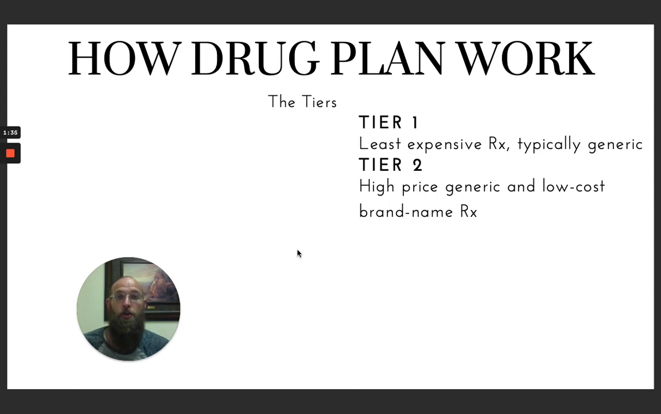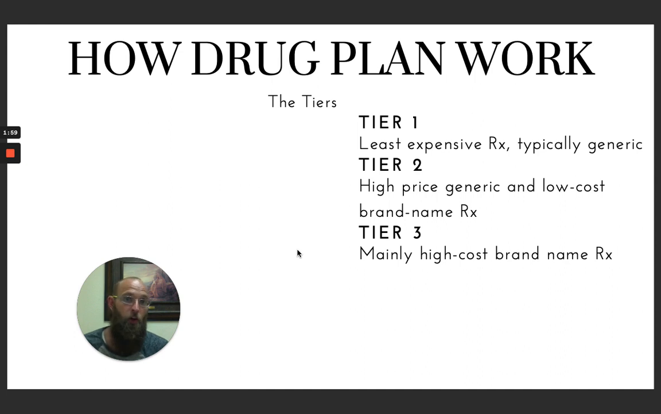The majority of the medications that are probably in your medicine cabinet are going to fall into Tier 1 or Tier 2. That's pretty common. Most of them are going to sit somewhere right in there. Behind that comes Tier 3. These are mostly high cost name brand prescriptions. Okay, so again, if you open up the medicine cabinet, you may have a few of those